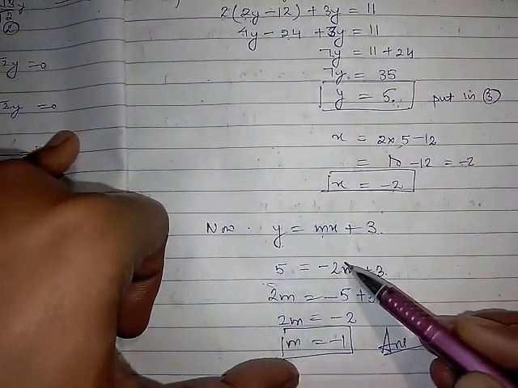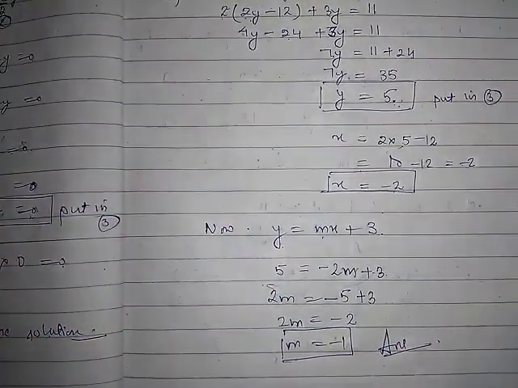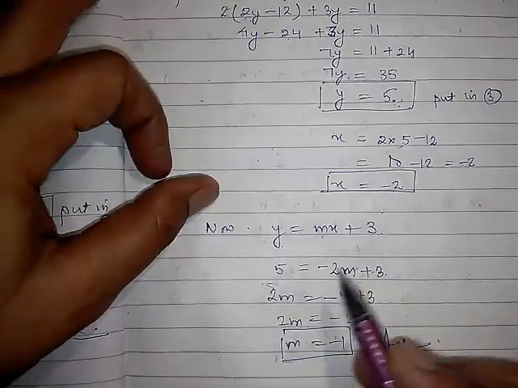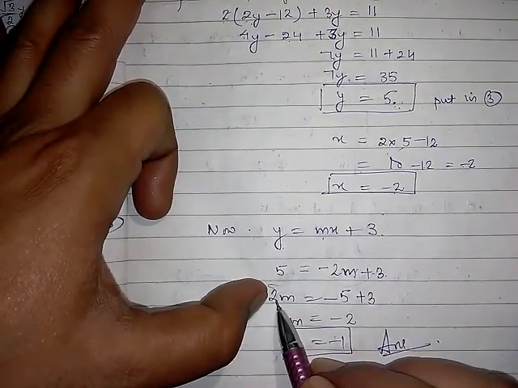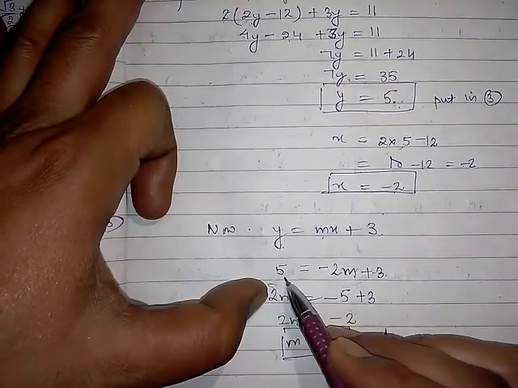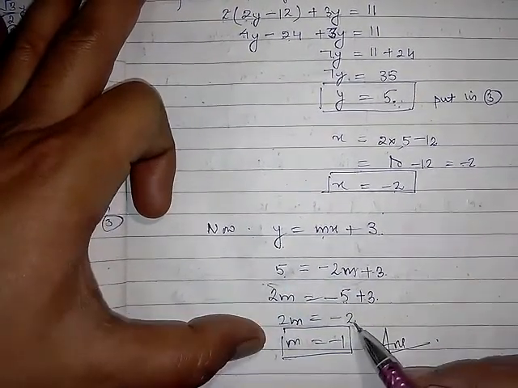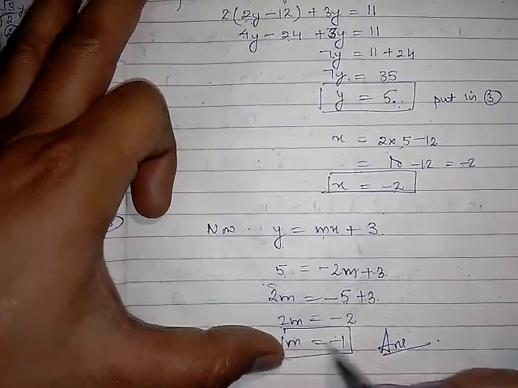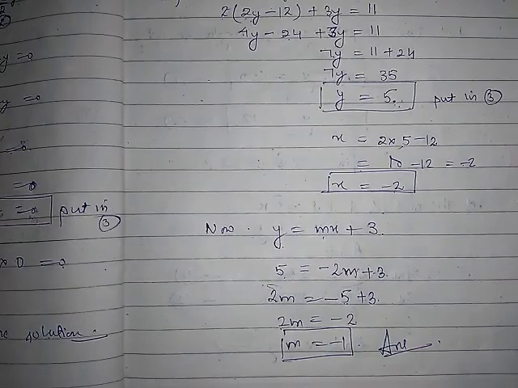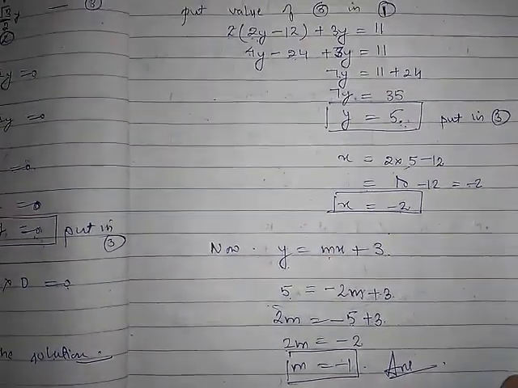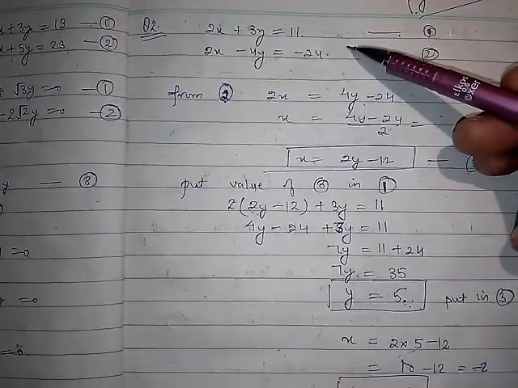Now getting the simple equation in m, you can find out the value of m according to your own calculation. Okay, so how I have done, just see, minus 2m I am shifting this side to make it positive is equal to 5 will be shifting on the right hand side, minus 5 plus 3 will give you minus 2, divided by 2 will give you minus 1. Clear? This is the complete question. So what is the structure of the question? You need to solve first of all these two equations.